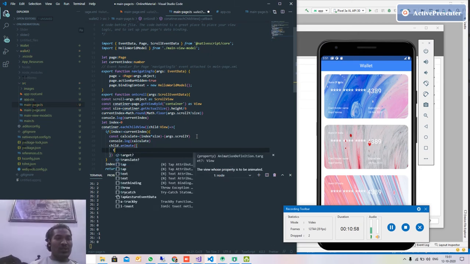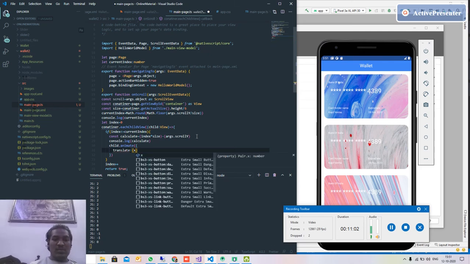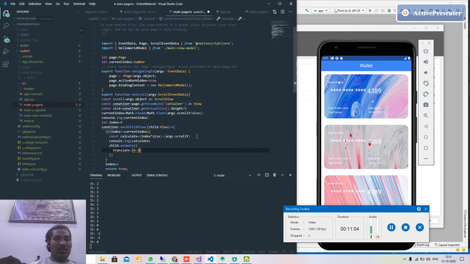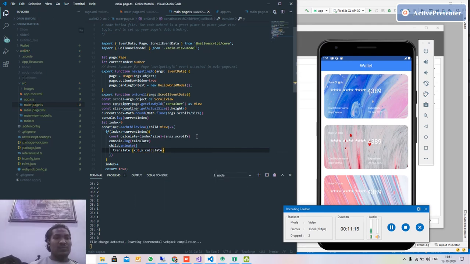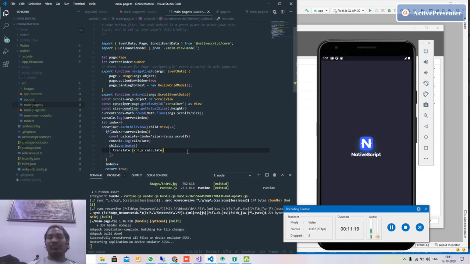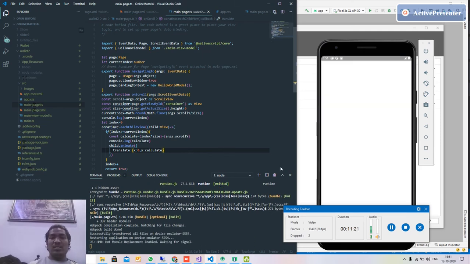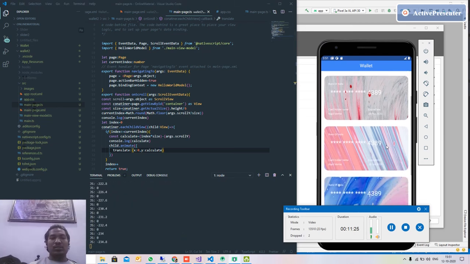What do you want to animate? You want to animate the translate. The x is going to be 0 as well, as we are not doing anything with the text. Okay, quickly run it, and now we have this kind of... okay. Nothing happened.